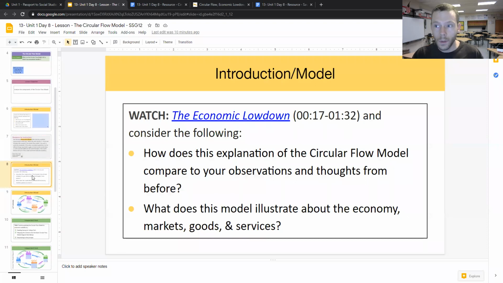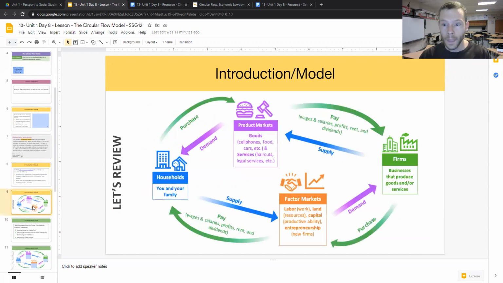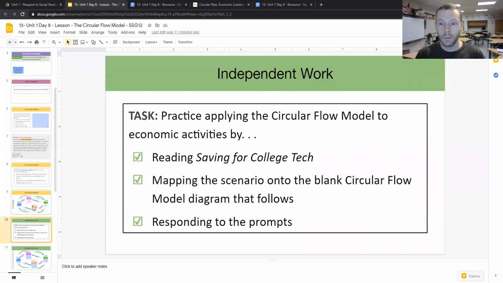In the video, what we will ask students to consider is to make comparisons to what they thought about the circular flow model from before, just by analyzing the diagram, and really being able to explain what the model illustrates about the economy, markets, goods, and services, and again, really thinking about this mini unit on choice that students need to make. So we can also include the circular flow model in the Google slide presentation itself for students to be able to explain various different components, and then to apply the circular flow model to an article,